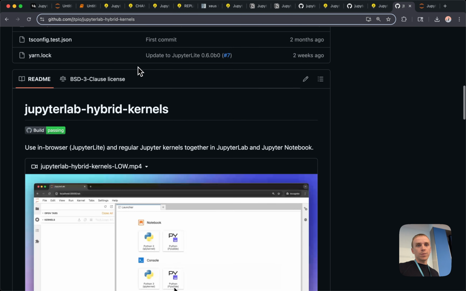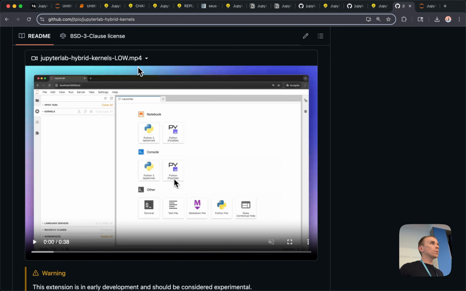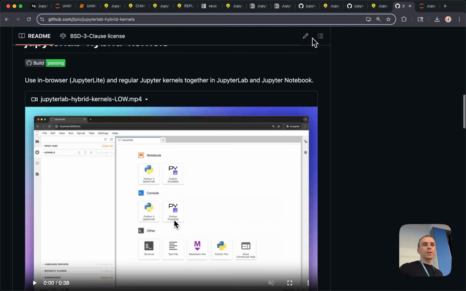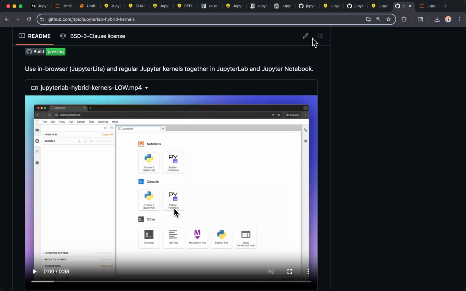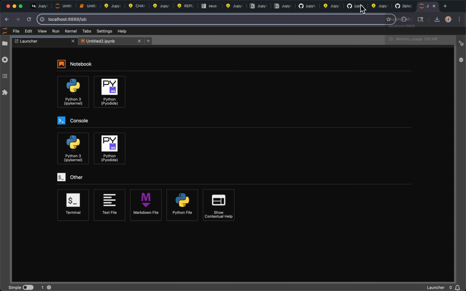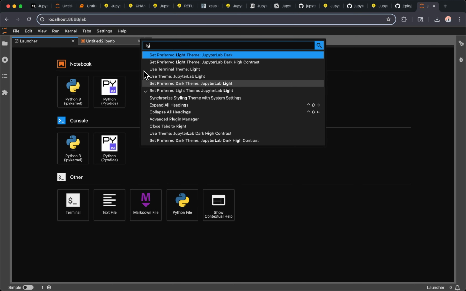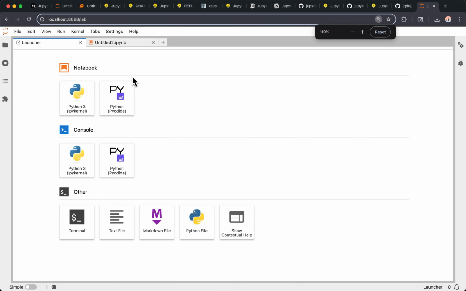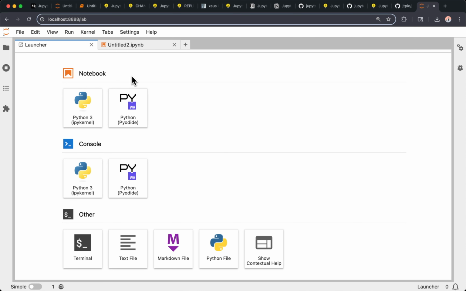And finally, maybe a glimpse into the future: we have started to look into enabling both in-browser kernels with regular kernels in Jupyter Lab. So what that means is, here it's a normal Jupyter Lab. It's on my machine, localhost 8888. And you can see that I have two kernels, IPykernel, which is the one that you get by default, but now also Pyodide, which is the one that I was showing earlier with Jupyter Lite.